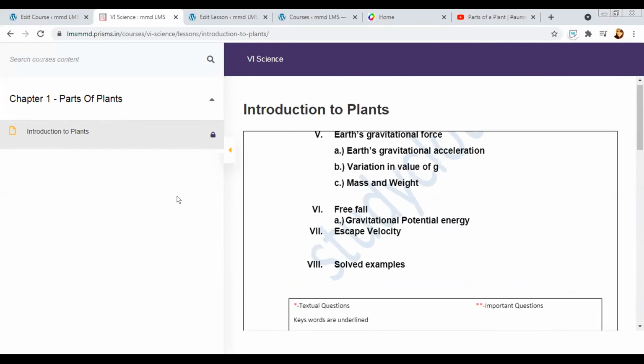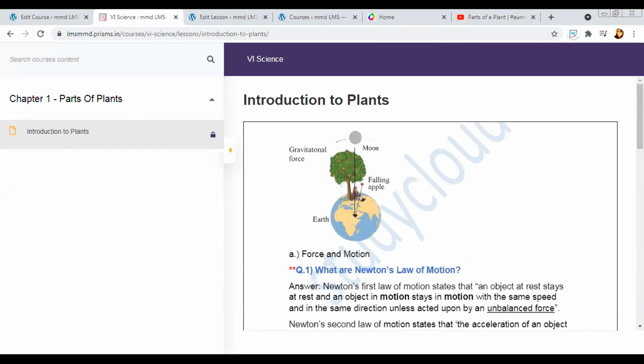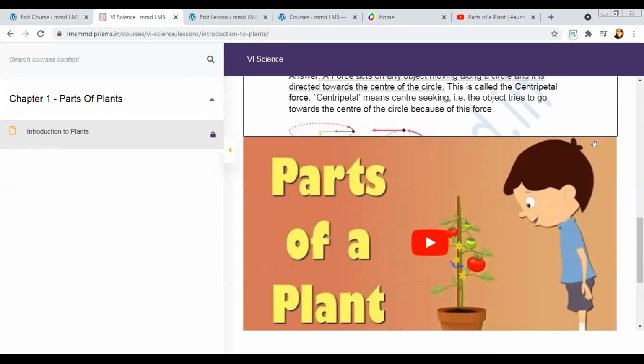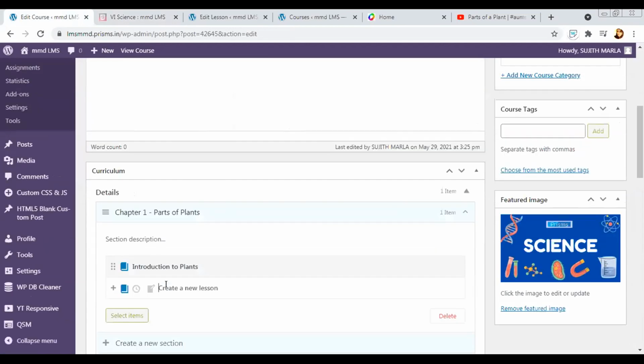Okay, so as a teacher, you can also confirm from here. Yes. So how you upload one by one, this is how it would get reflected on the student side. Now, say we have created one lesson as introduction. Say we want to add a second part to it. What would be the second part?